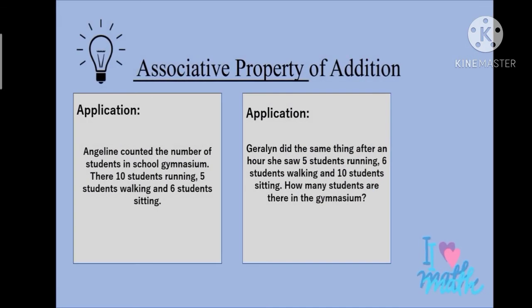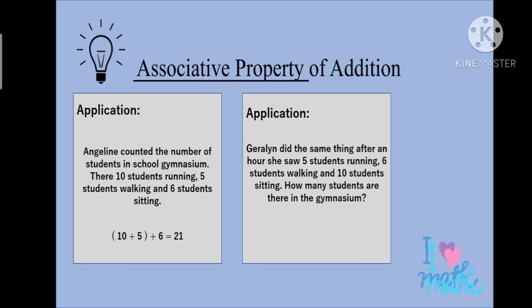So for the real-life application of associative property of addition, we have this example. Angeline counted the number of students in school gymnasium. So there are 10 students running, 5 students walking, and 6 students sitting. Angeline decided to add first those students who are running and walking, and then add later the students who are sitting. So we will have 10 plus 5 enclosed with the parentheses, then added to 6, and that is equal